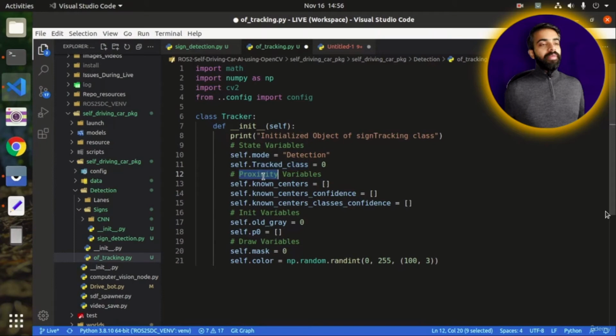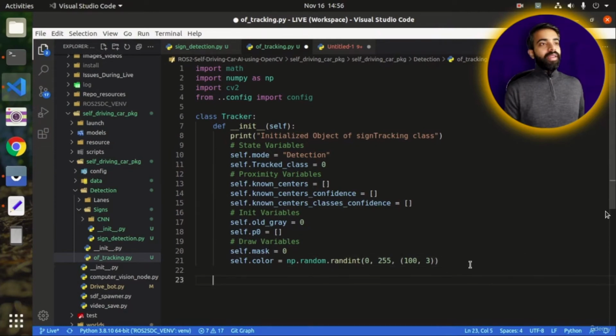Then we have the proximity variables. This basically represents all the detections that have been previously done in the previous frames. Then we have the initialize variables. These variables will be used to initialize our tracker once we have confirmed our detection. Then we have the draw variables. These variables will be used to draw the tracking done in the previous frames. Then once you have defined the instance variables,